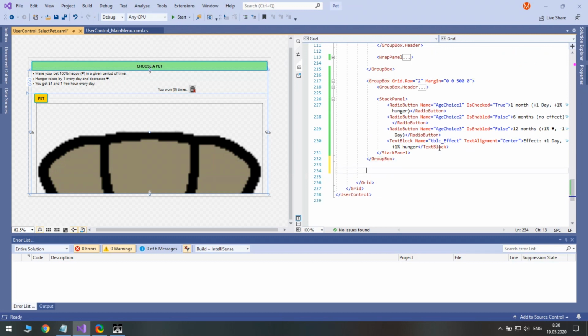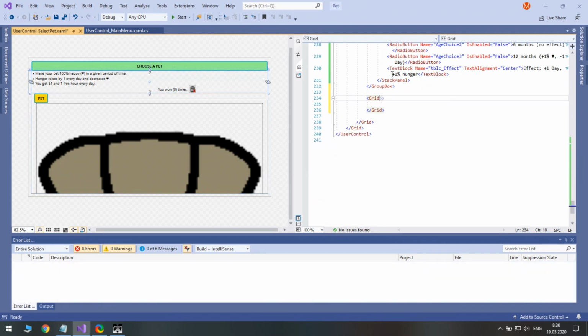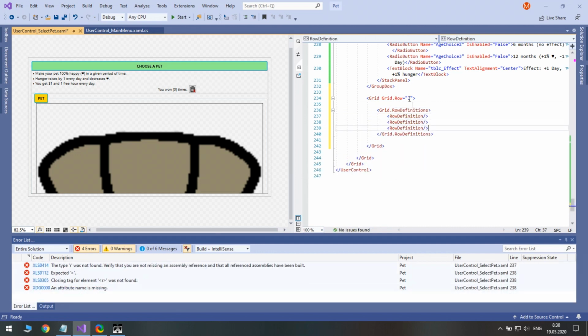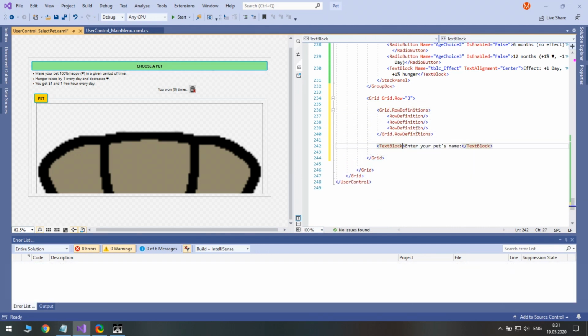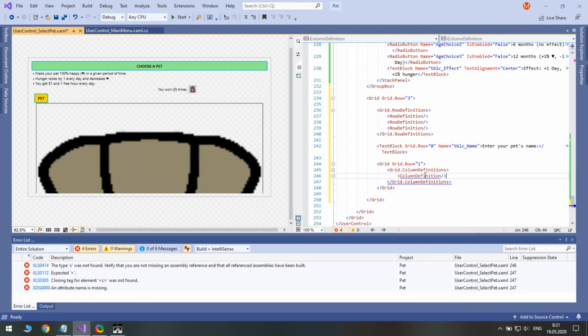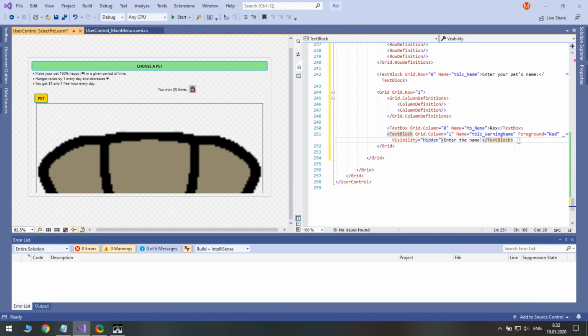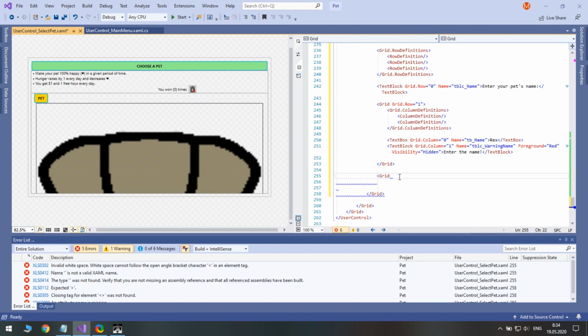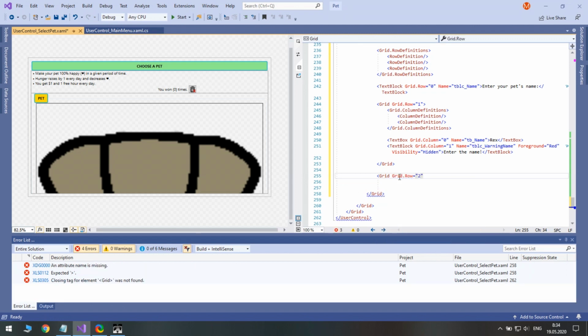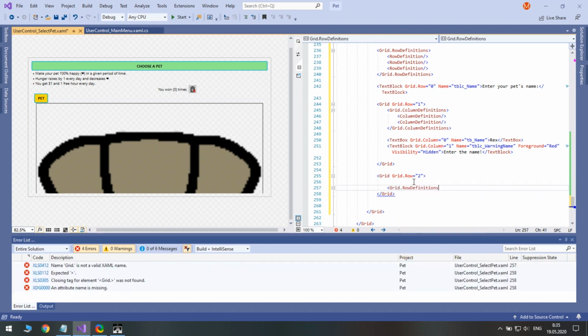Below we will create a grid for the name box and a few buttons. Here we will have a button to start the game, a button to restart, a button to go to the main menu, and a button to exit the game. So we need a grid with 4 rows.